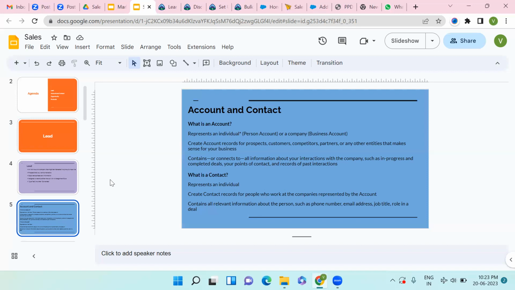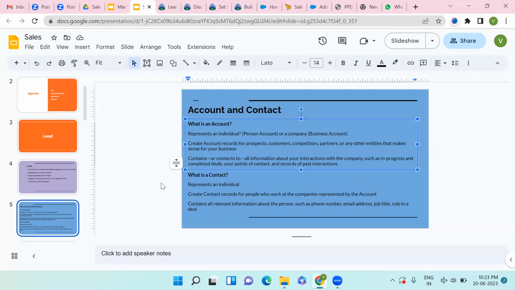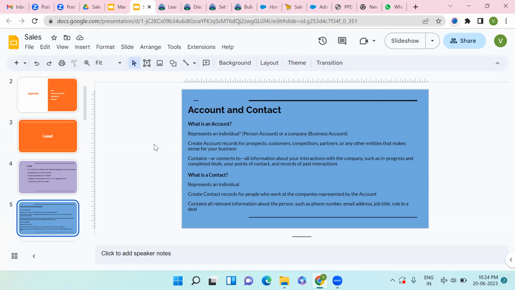Vishal: See, this account or contact will be created by the sales department. The admin has to make a facility to create those details by the sales team or marketing team. Yes, actually these leads, accounts, and contacts are handled only by the sales team. So the admin will make the provisions to create it.